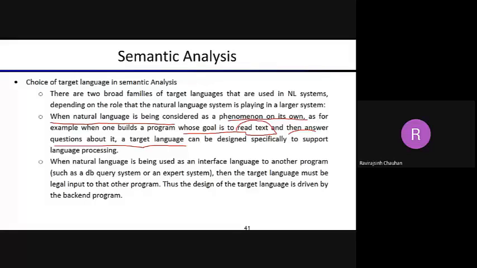The other possibility is natural language is part of another language, कोई दूसरे प्रोग्राम का पार्ट है. फॉर एग्जांपल आप गूगल पे सर्च करते हो और आप अपने नेचुरल लैंग्वेज में सर्च करते हैं, और सर्चिंग के लिए एक एल्गोरिथम है और उसका पार्ट है आपका नेचुरल लैंग्वेज। और फॉर एग्जांपल आपके पास एक डेटाबेस है, डेटाबेस में आपको क्वेरी लिखनी है, बट क्वेरी सामने वाले यूजर को नहीं पता है, तो सामने वाला यूजर जो भी इनपुट देगा अपने लैंग्वेज में, फर्स्ट ऑफ ऑल यू विल कन्वर्ट दैट इनपुट इनटू द डेटाबेस क्वेरी, और वो क्वेरी को आप पास ऑन करोगे। जैसे आपका डेटाबेस में आप क्वेरी पास ऑन करोगे तो आपको आउटपुट मिल जाएगा।